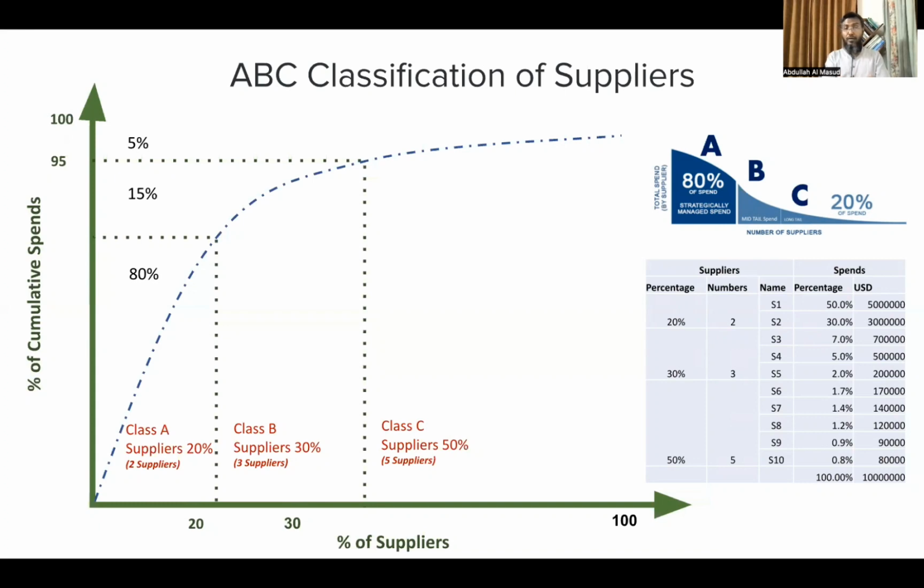At the same time, we can understand which are our strategic or core suppliers, where we need to concentrate and give our best effort to get a better result. Then there are the mid-category suppliers, and the low-spending suppliers who need not be very closely taken care of, and with whom we will have a transactional relationship. For the mid suppliers, we can have an arm's-length relationship, and for the A class or strategic suppliers, we need to have a collaborative relationship. So this is how we can explain the ABC classification of suppliers on the basis of the Pareto principle.